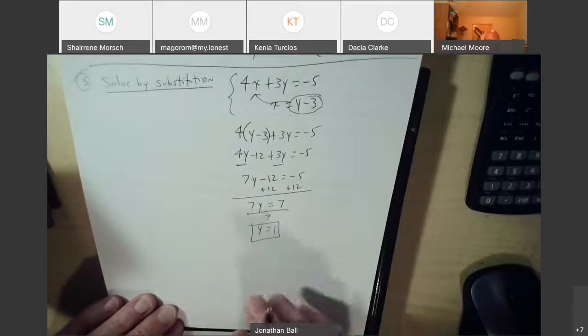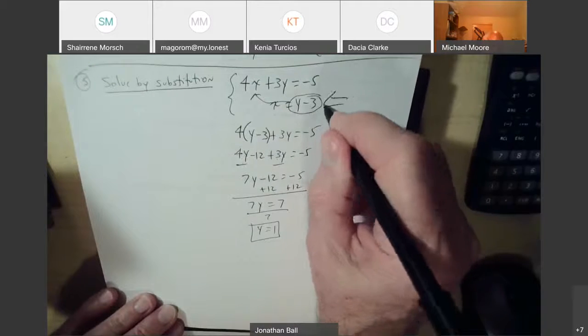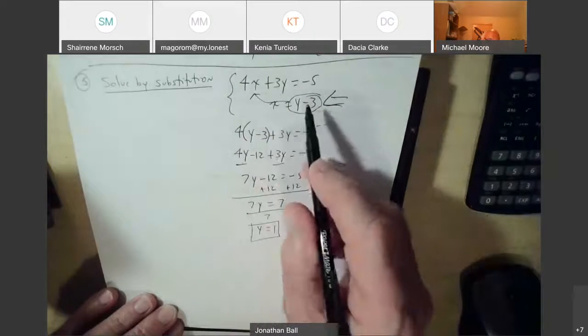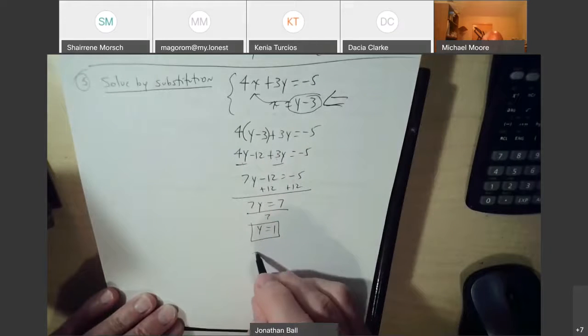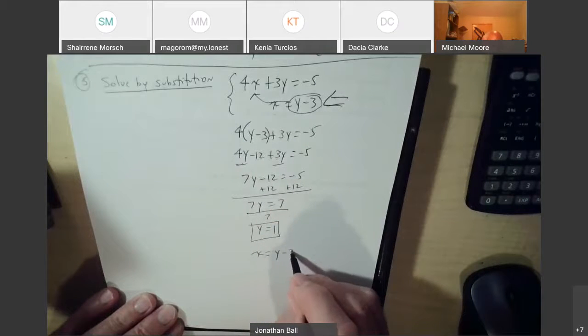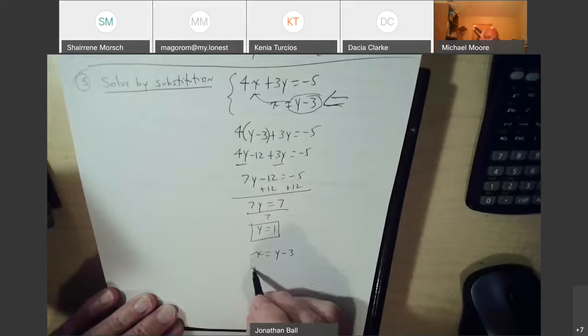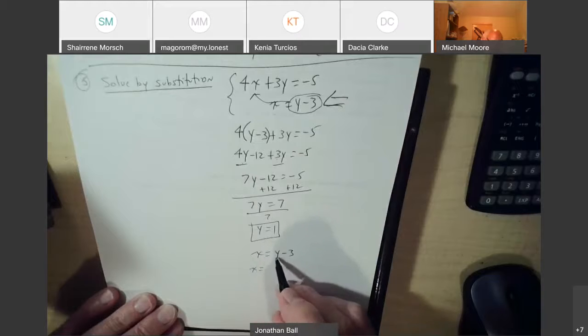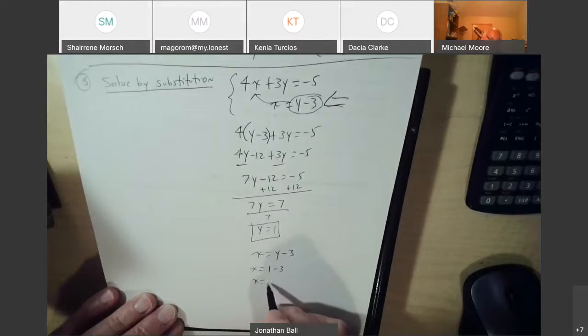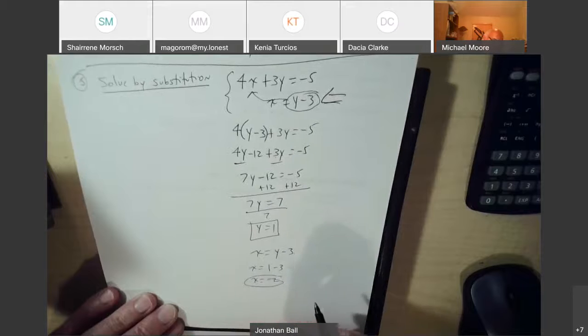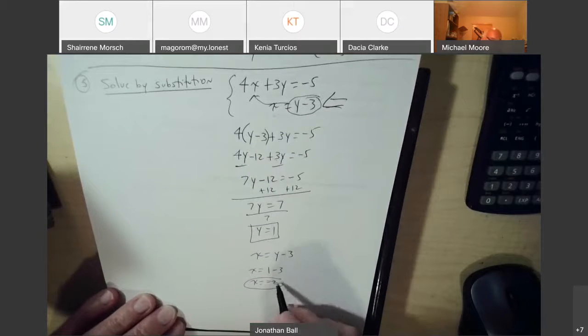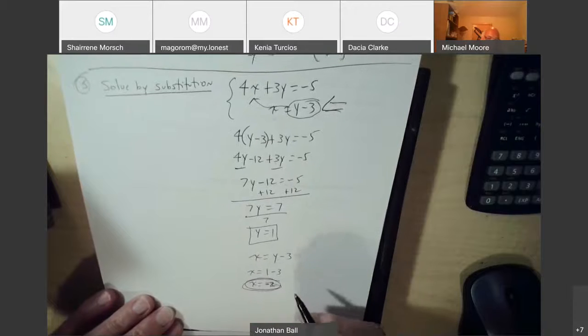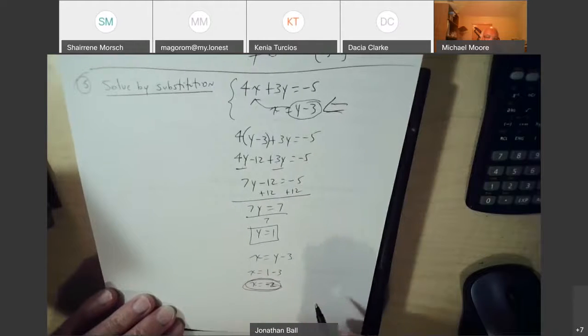Okay. Now again, this equation right here is already solved for x. So let's use this one. X equals y minus 3. So x equals, instead of y, we plug in 1 minus 3. So our x is negative 2. So our solution, can't even draw a circle anymore. So our solution is